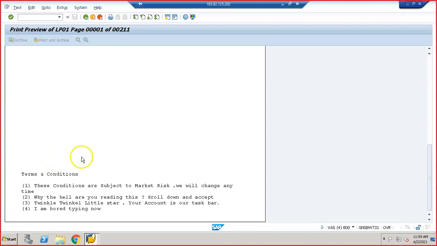So with this we complete the styles and text modules. Okay,